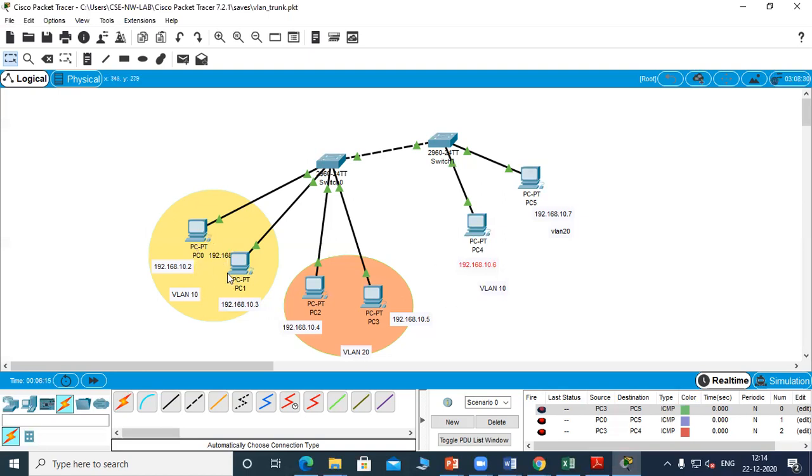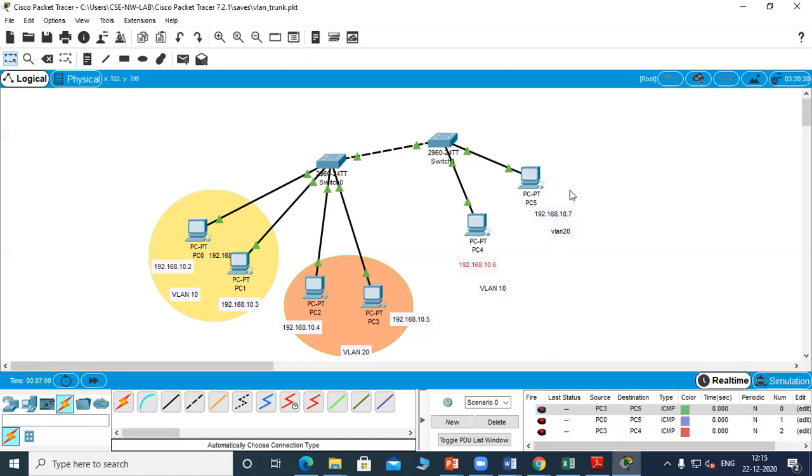So as you can see, all the IP addresses of all these hosts are in the 10 network. So it belongs to one organization. Now suppose a VLAN wants to communicate to other networks. Other networks means other organizations or the outside world. So the outside world is going to have different IP addresses. So how are these VLANs going to communicate with the other organization or the other networks? So it requires the packets to be forwarded into other networks using a router. So all the packets have to go to a router. So we'll see the third part, that is how inter-VLAN communication can be done.